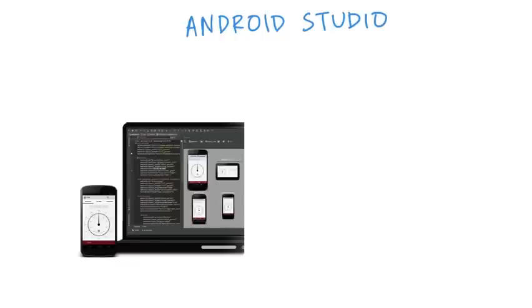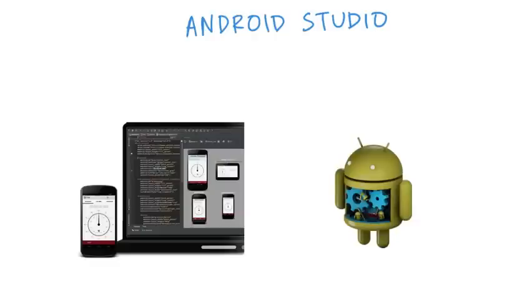Thanks, Dan. As mentioned earlier, we'll be using Android Studio throughout this course. It's an IntelliJ-based IDE that is optimized specifically for Android development. It's still in beta development, so your version may look slightly different, but that's okay. The core functionality should still be the same. If you haven't installed it yet, take a moment to do that now, using the detailed instructions provided in the link below. You'll also need to install the support library, and that's also included in the instructions. Note that the SDK is included automatically, so you don't need to install that separately.